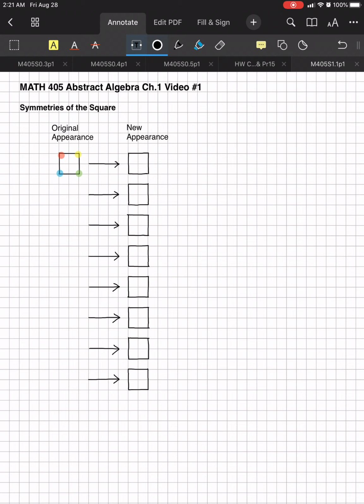This is going to be our first of, I think, two videos in Chapter 1. One thing I do want to mention about Chapter 1 is it is sort of an unusual chapter in that it's more or less there as motivation for Chapter 2, which is when we finally get to the main topic of the course, which is groups. You don't have to know what a group is yet or anything, so don't worry about that. But the point of Chapter 1 is sort of to make you understand what we mean by groups,